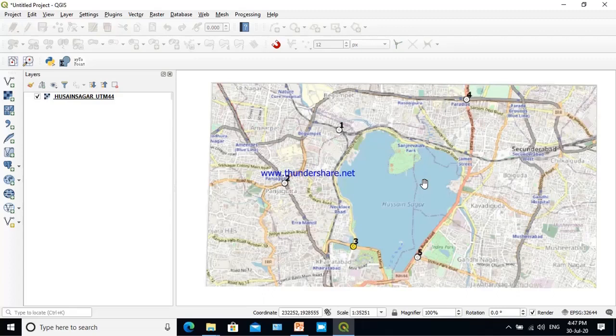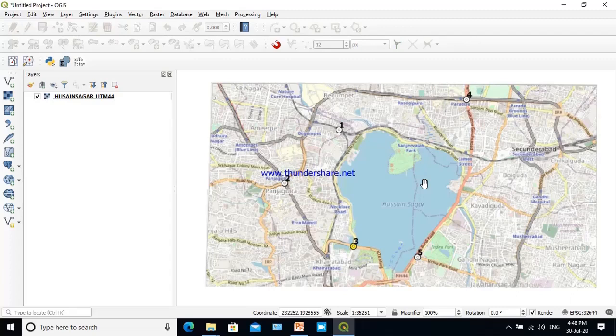Digitization is one of the methods. Digitization is not the only method for capturing spatial data into GIS. There are other methods. You should know those methods also by name, at least at present, not in detail. One method is digitization. Another method is generating the GCP points. The third method is importing from one GIS data format to another GIS format, importing and exporting.